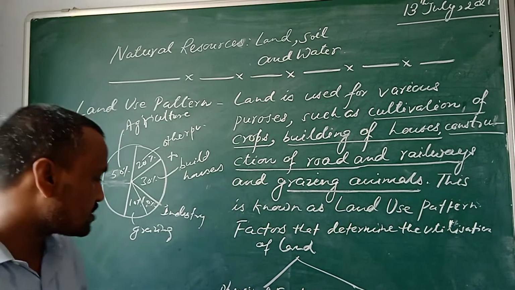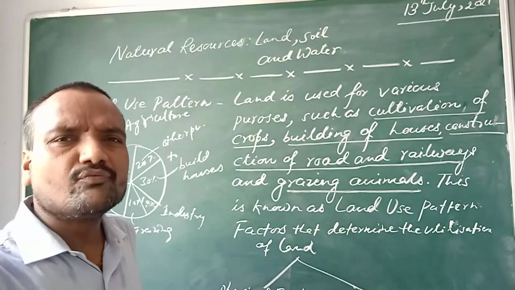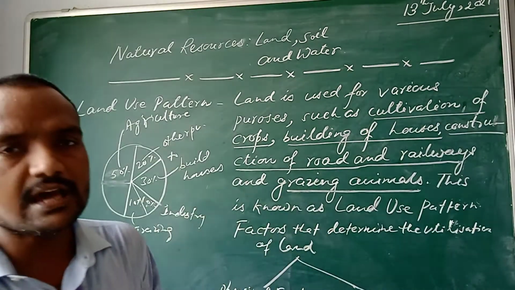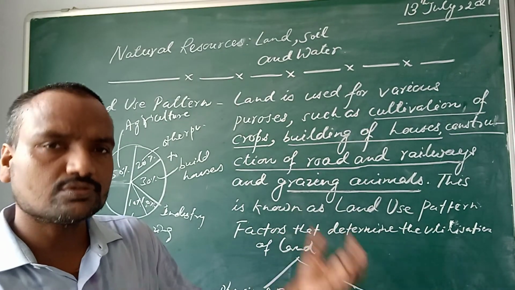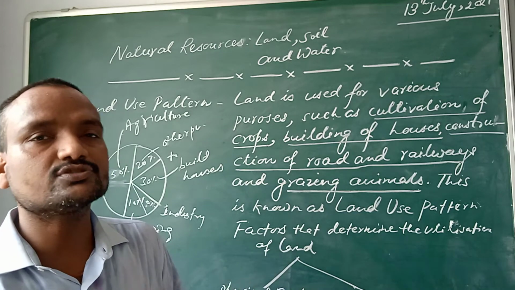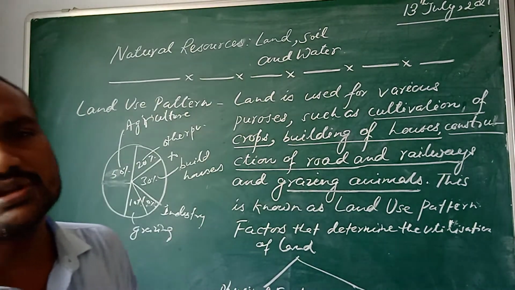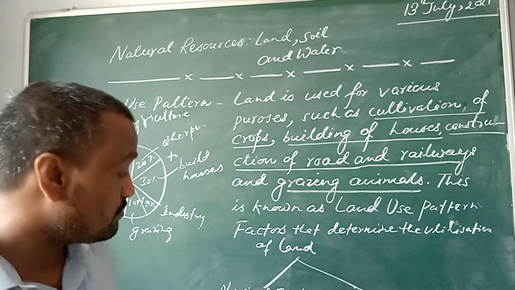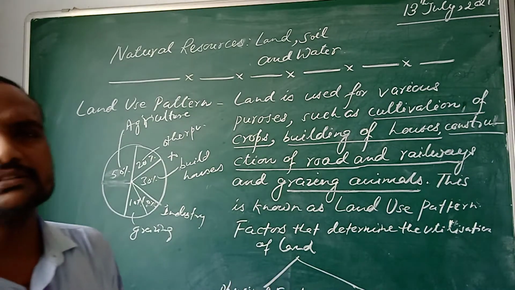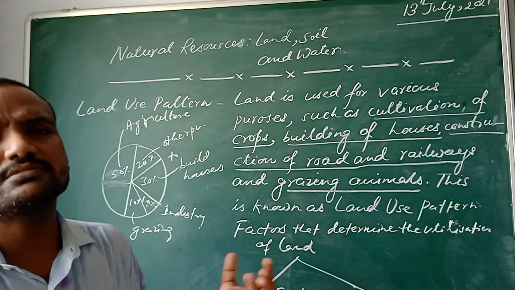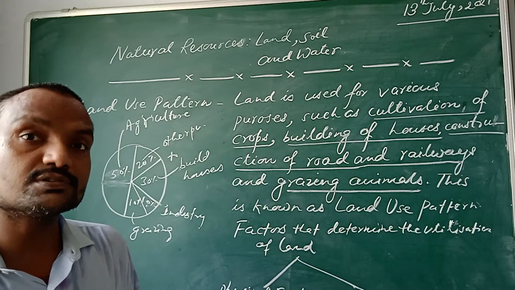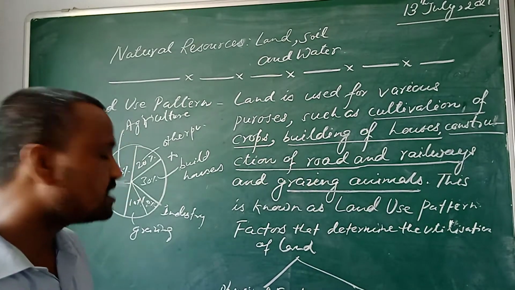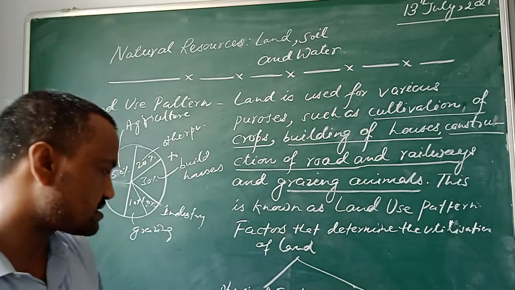Now as far as soil is concerned, when you are using land, you will also be thinking about the soil it has. If the land you are going to use has soil with high fertility, you would be doing agriculture there. You will be cultivating that piece of land. But if you find that the piece of land is not crop yielding, which doesn't have that much yielding capacity, in that case you would be using it for different other purposes also. Sometimes it may be made a grazing ground, etc.